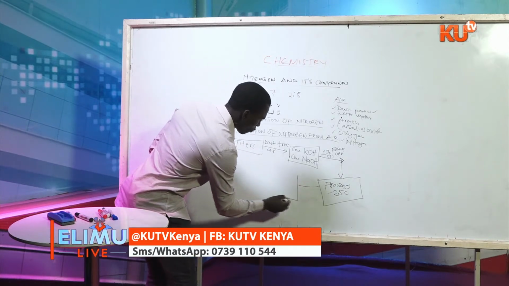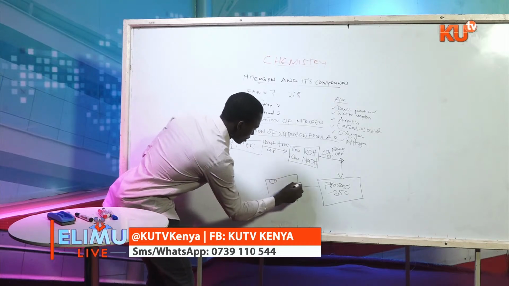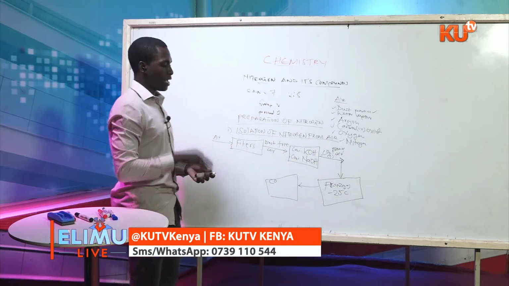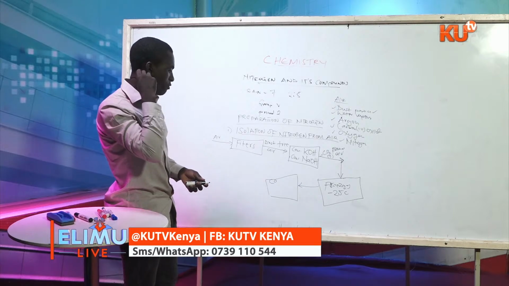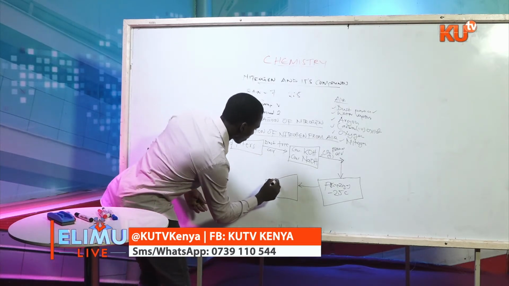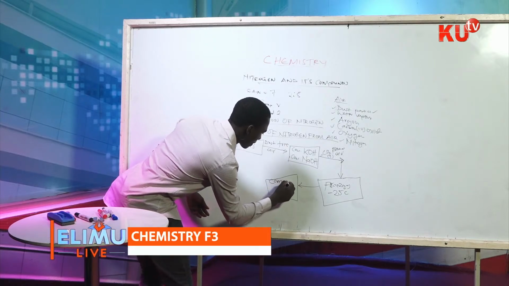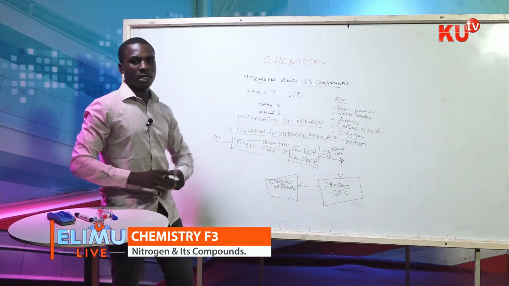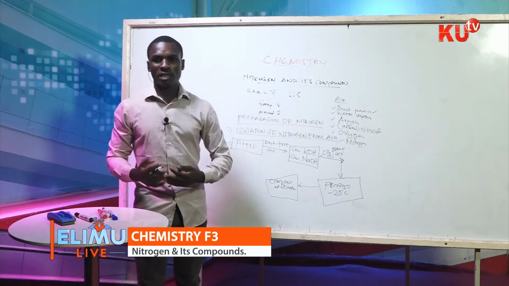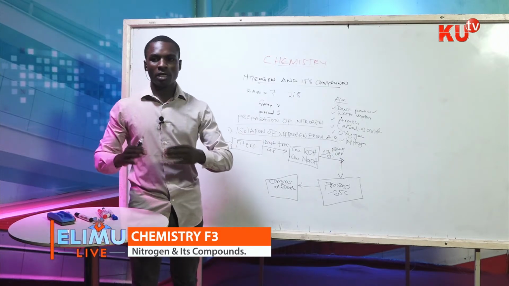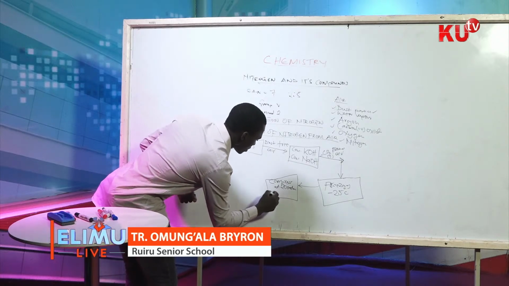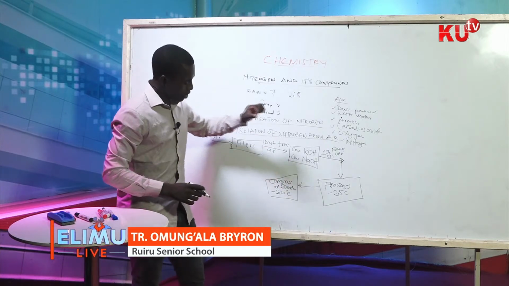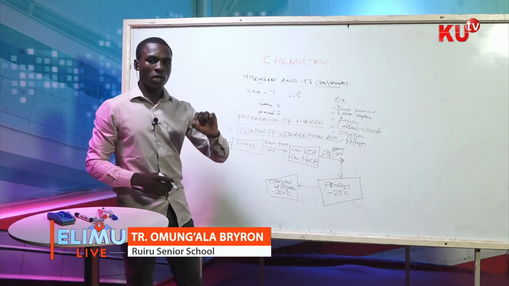Now, after there, we compress. The arrow points this direction, and remember here now this air is free from water vapor. I'll be telling you very soon why we remove water vapor. So here we compress this air at 200 atmospheres. That's the pressure, so we compress it at a very high pressure. The reason why we compress this air at 200 atmospheres is simply to keep it in liquid. We now cool it at negative 200 degrees Celsius. First, we compress it at a pressure of 200 atmospheres, and then we cool it